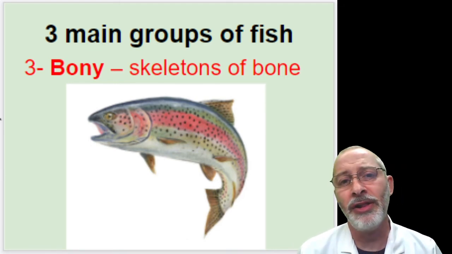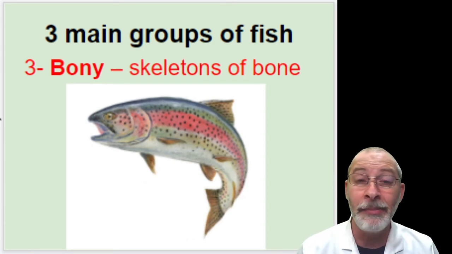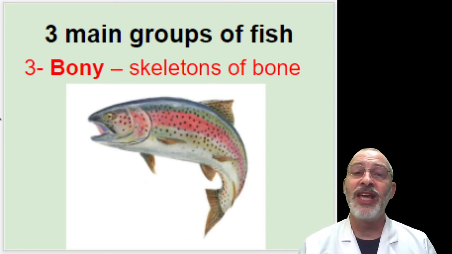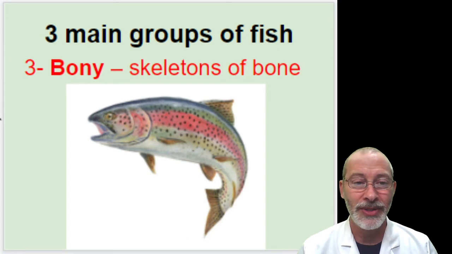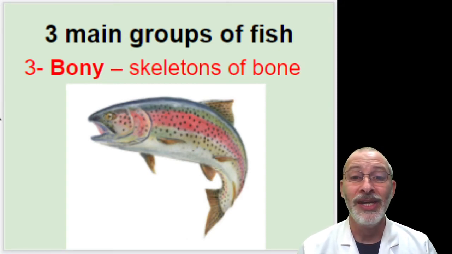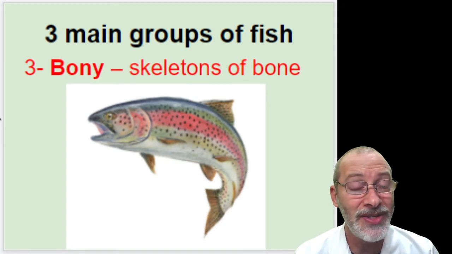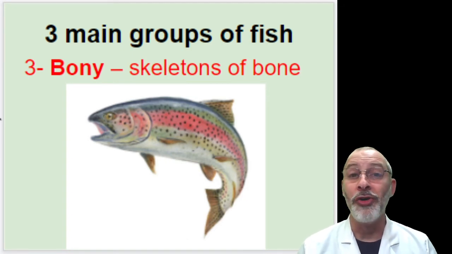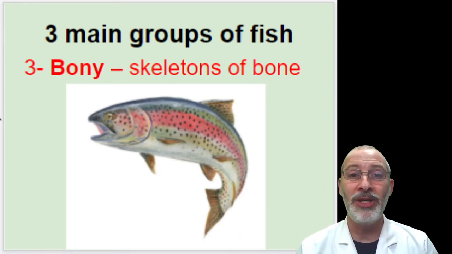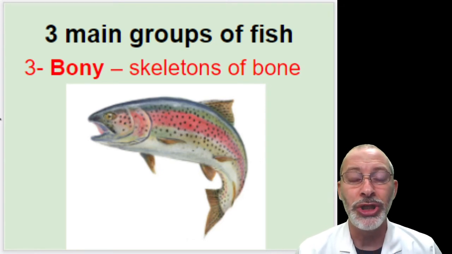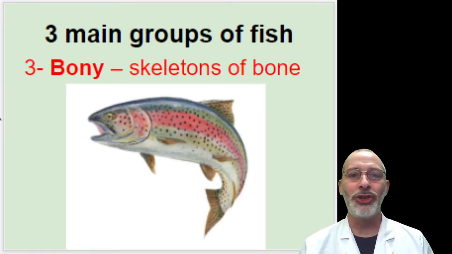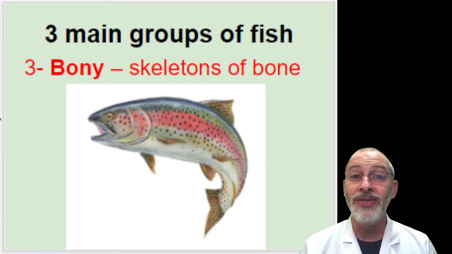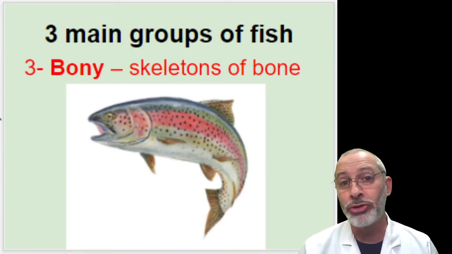But many, if not all of us, are familiar with bony fish. And as the name implies, bony fish have skeletons that are made of bones, similar to our bones. And by the way, do any of you recognize the type of fish this is? I'll give you a hint. They are raised in the famous hatchery right upstream from us, the Pequest Fish Hatchery, which is the state's trout hatchery. Yes, this is a trout, and that hatchery raises brown trout, rainbow trout, and